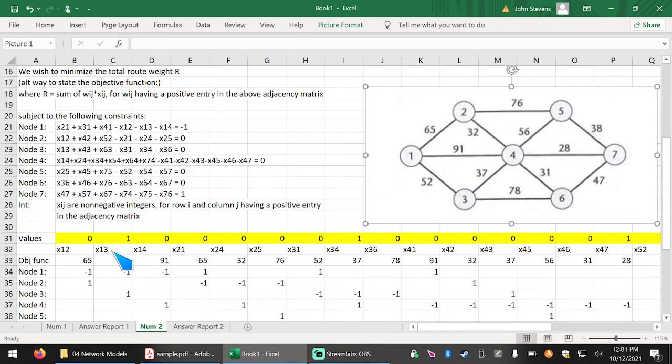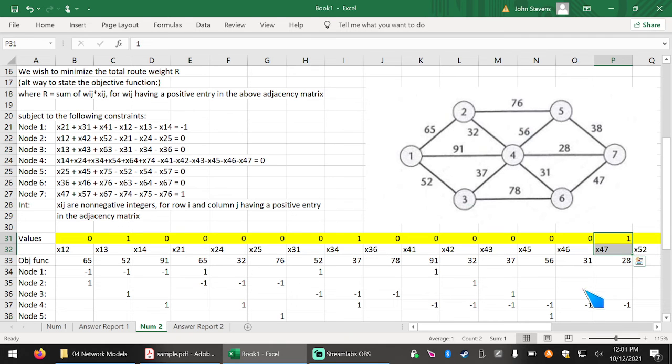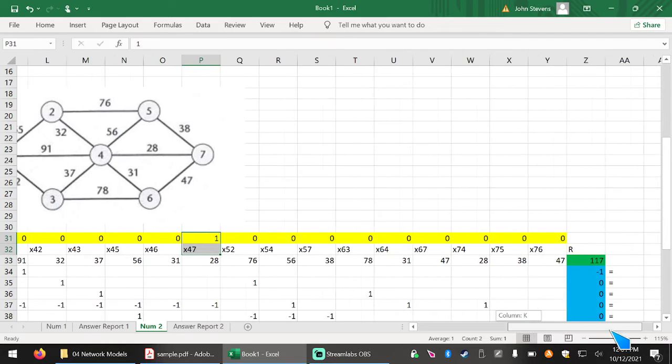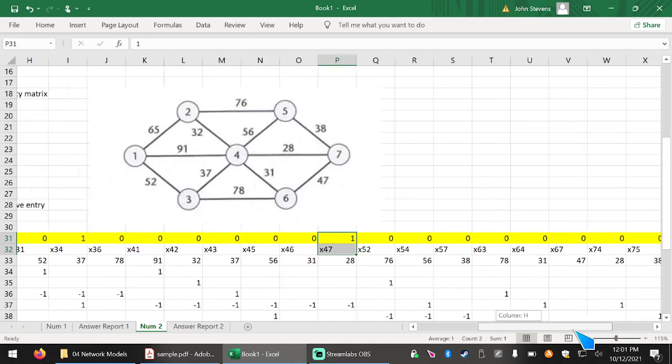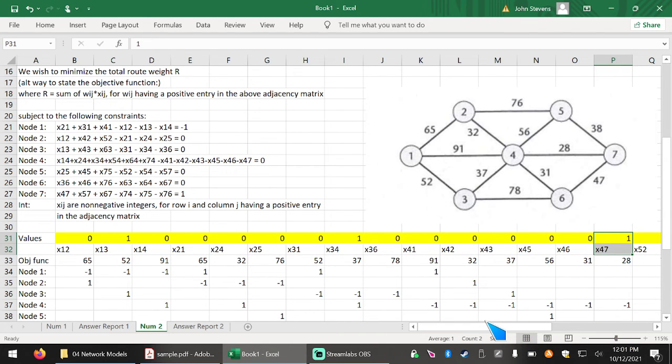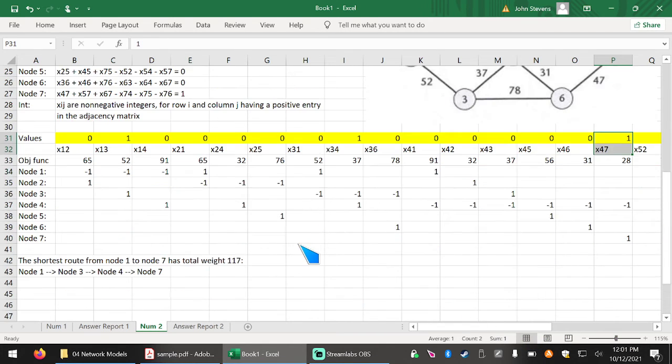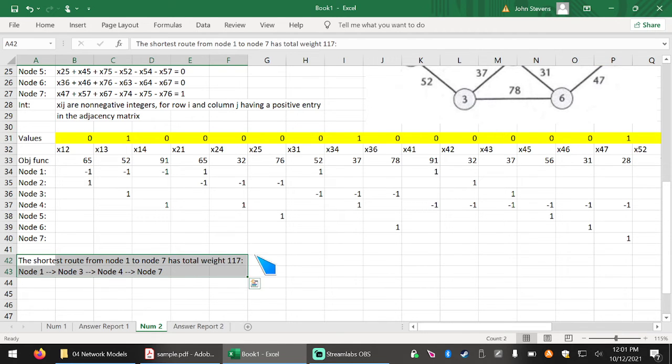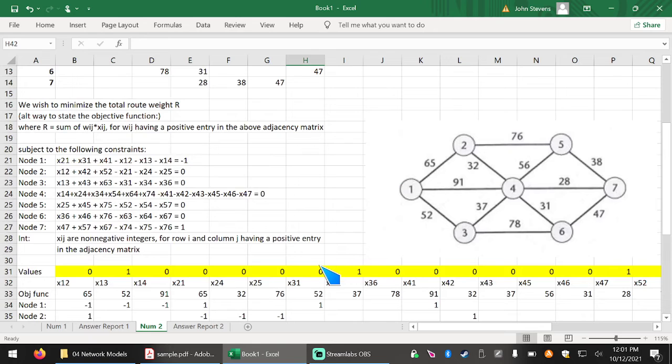In this case, 1 to 3, 3 to 4, 4 to 7. It's a little boring. Still the best. Still the best. So we could write, oh, this is exactly the same. Easy. But what's now interesting is, let's say, just for the sake of argument,